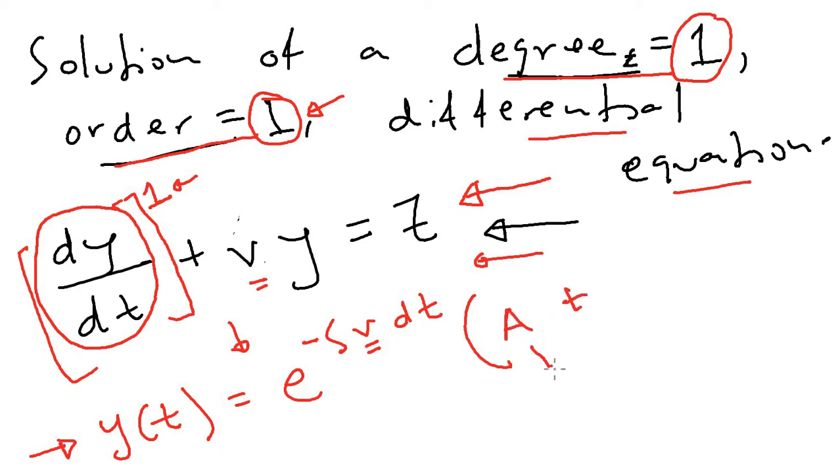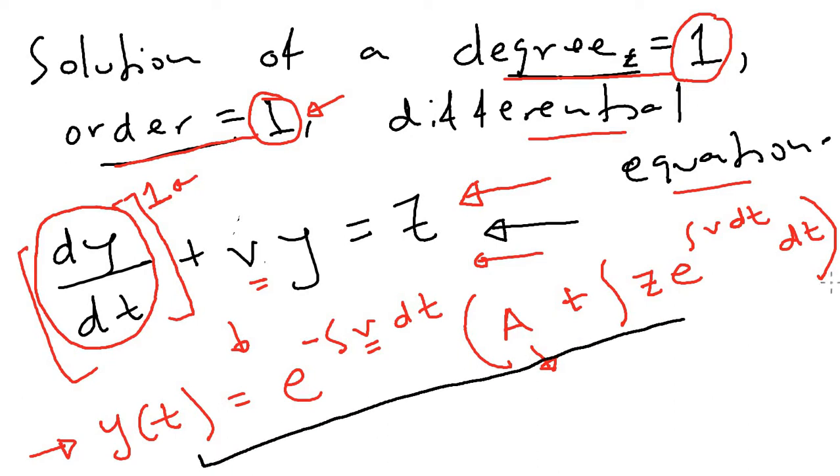A is a constant. If you want to find this out, you need the initial value of y, which in most cases is not given, but if you have the initial value of y, you can find this a. But in most cases you don't have to worry about this, you just leave it as it is. Next we move on to the next part. So this is the integral, another integral, which looks like this. So please note, you have to find this out to find the solution of this differential equation.